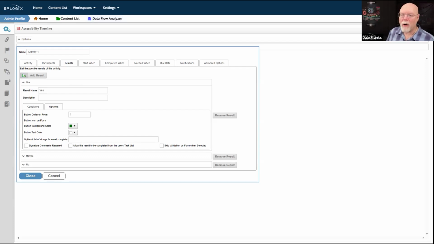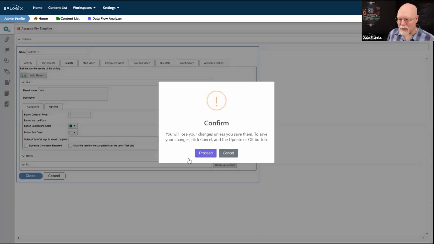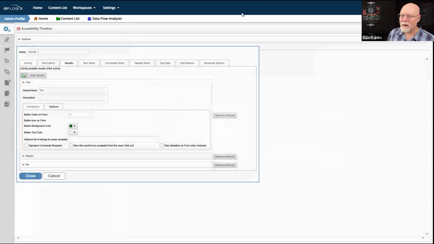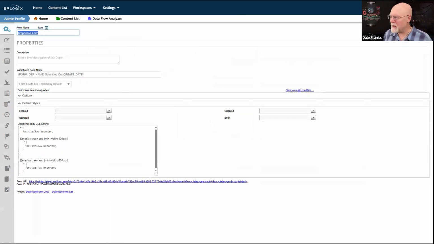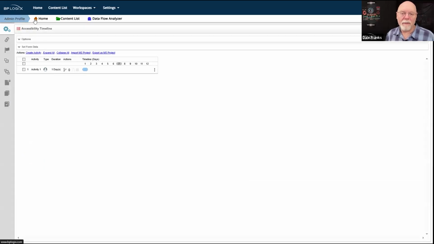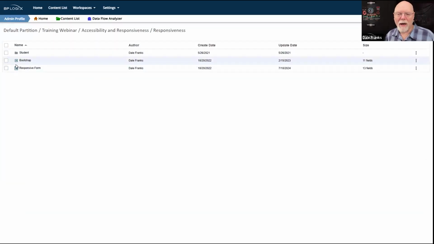Now, let's talk about responsiveness specifically. We'll talk about Bootstrap a little bit later. Let's just talk about responsiveness. And I've got a couple of little examples here. There are some CSS tips and tricks that you can apply. Actually, I need to close this form so that I can open this one. So let me go back a step. Well, that's a step too far. Let me go back to responsiveness here.